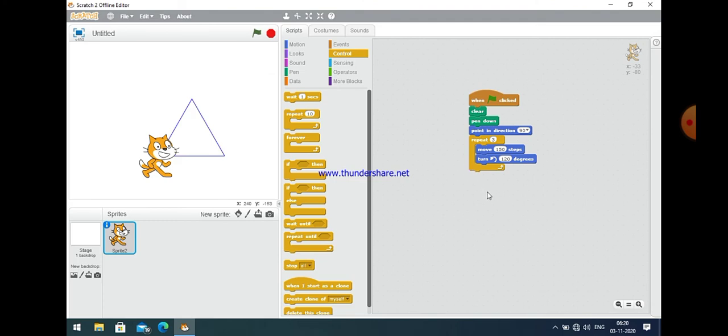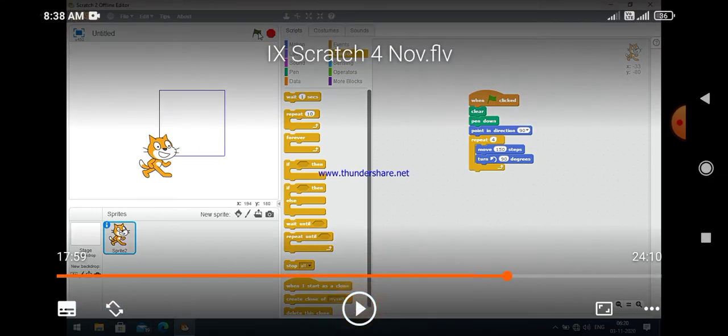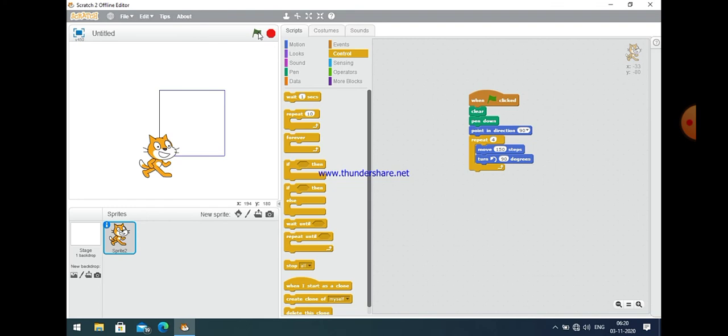Now if I want to make a square, I just change the value to repeat 4, because I want to make a square, and then change the angle to 90 degrees. Now let us see. So by using a small change, you can create a square using Scratch. Okay, that is a very important point.